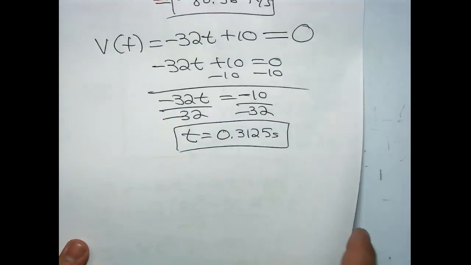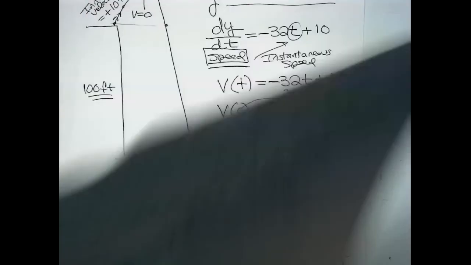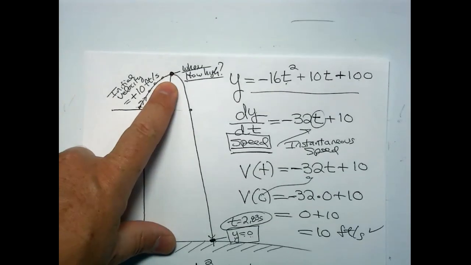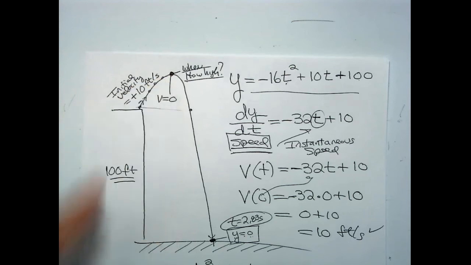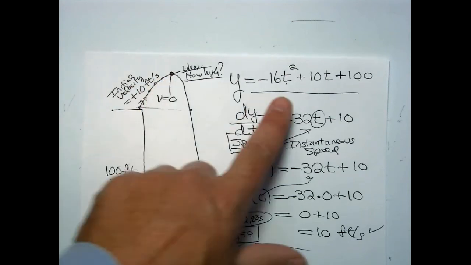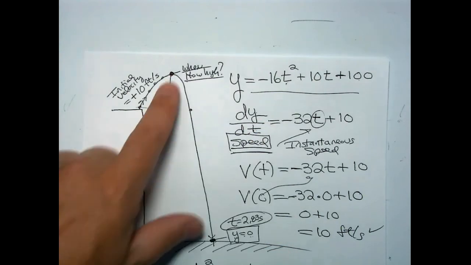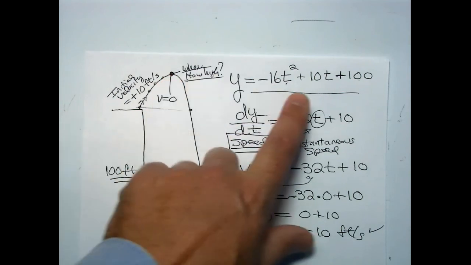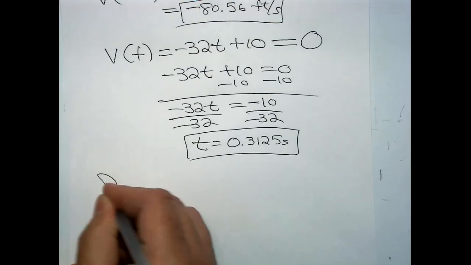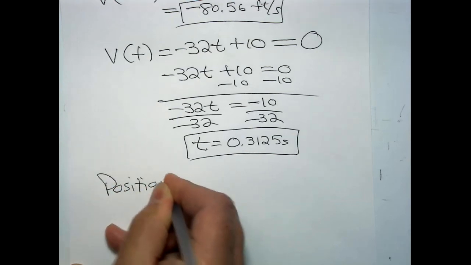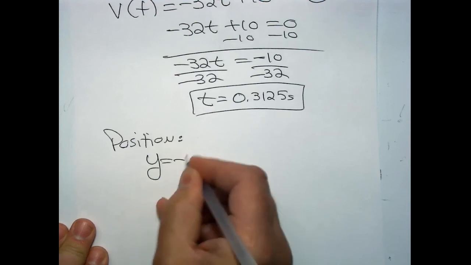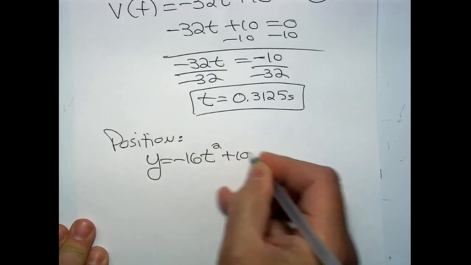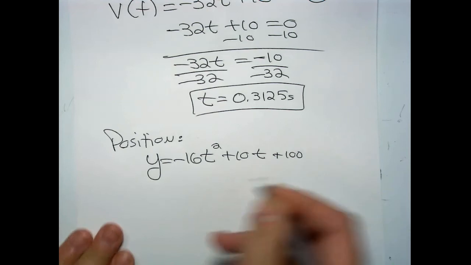Now the where. If you look at the picture one more time, you'll notice that we threw this object up from 100 feet. So this should be 100 and something feet, right? It should be a little higher. And where are we going to get height information? Right here. We didn't give it much time to get there, but this function should give that result to me. So let's go ahead and get our position. So y equals negative 16 times the time squared, plus 10 times time plus 100,